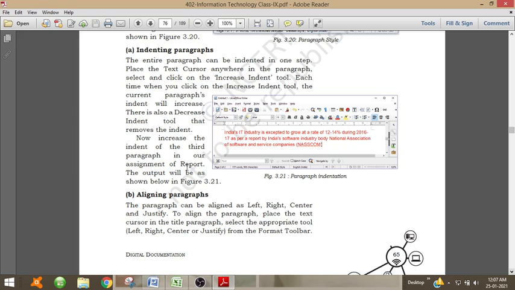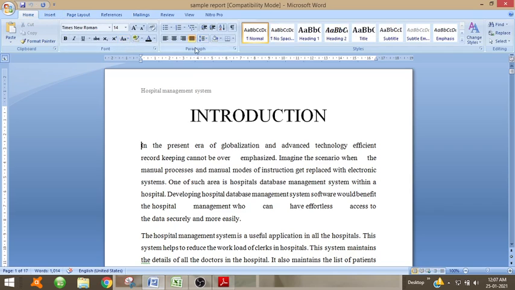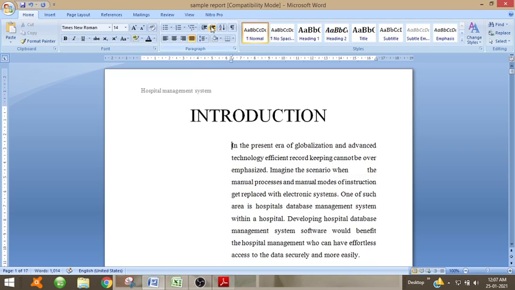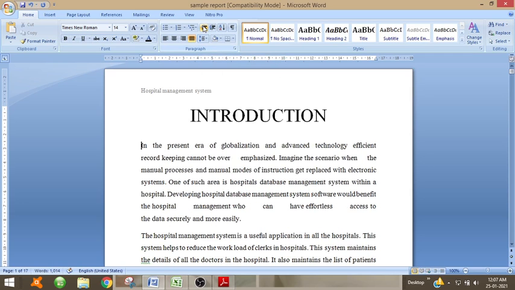Now let us see how we can apply that in Microsoft Word. Go to the home page, then in the paragraph section you can see this is decrease indent and this is increase indent. If I click here, you can see the indentation of the paragraph is being increased, that is, the space from the margin is being increased. So you can increase the indent, and with this you can decrease the indent. Indentation will go up till the margin.